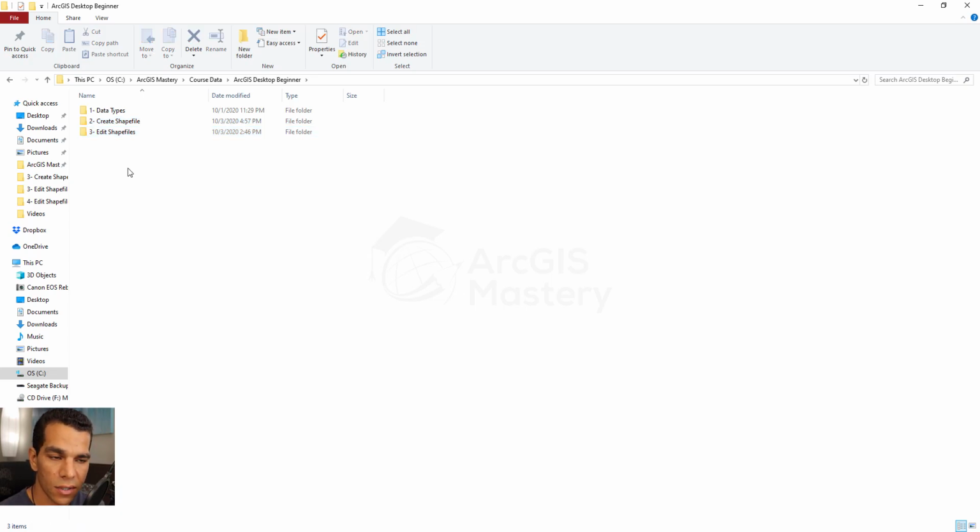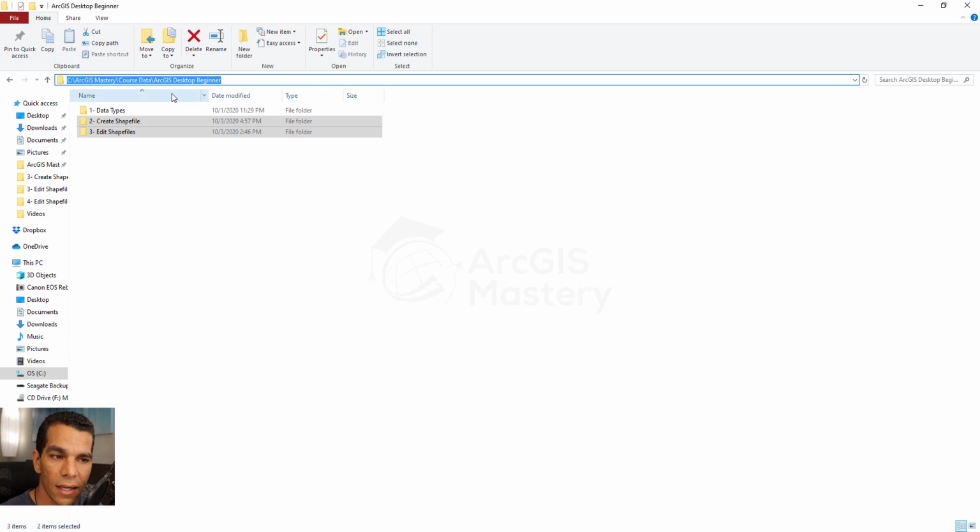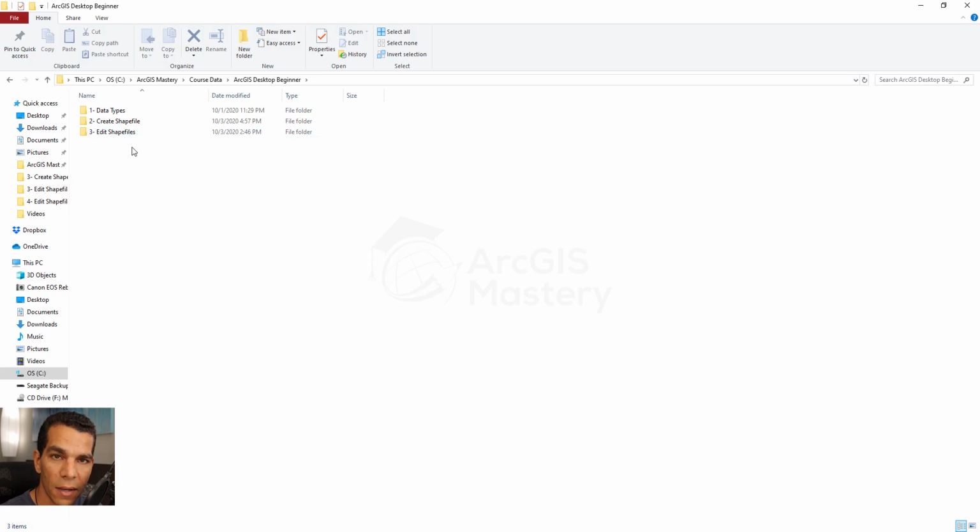When the person you are sending it to receives it and saves these two folders on their machine, the path here will change, unless they name it exactly the same inside the same folders. If they didn't name it or have the same exact path, when they open the MXD, this data is not going to show up. So let me show you, for example, if we change this folder to any other name,